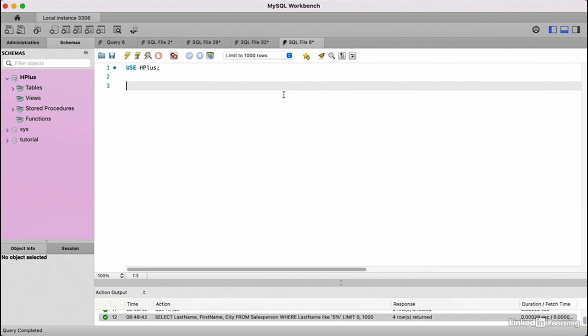So what we'll do is we'll add CREATE INDEX, and we'll call it last_name_lookup, and it'll be on the salesperson table, and we'll name the column, and it is last name. And we'll add a semicolon. Then when we hit the lightning bolt, and then we refresh, we can now do